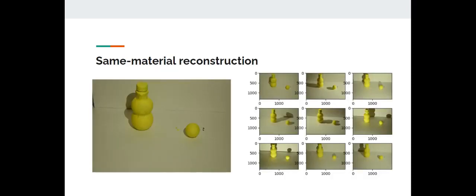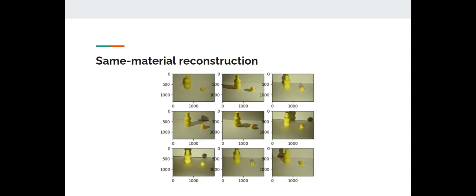To begin, for same material reconstruction, we begin by taking multiple images of the target object, in this case a bottle, next to the reference object, a sphere, made from the same material. For each pixel on the bottle, we want to find a spot on the sphere that has the same normal. The way we do this is by finding a pixel on a sphere that is shaded similarly in every lighting